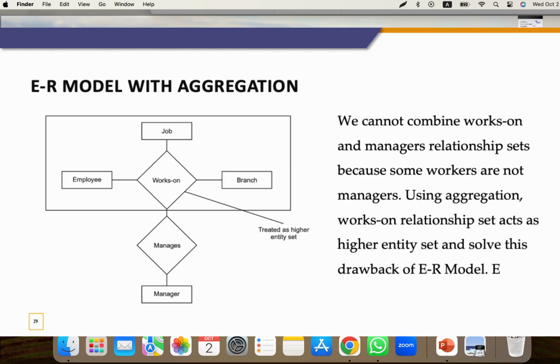So now we are moving on to the next model, which is the ER model with aggregation. The diagram illustrates the concept of aggregation. Aggregation is a way to treat a relationship set as an entity set for the purpose of simplifying complex relationships in an ER diagram. So let's take a look at the diagram. We have an employee here, the entity of employee